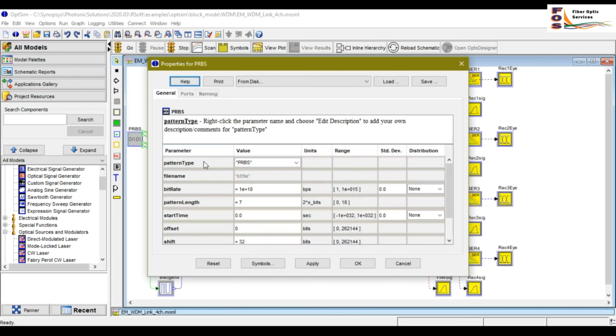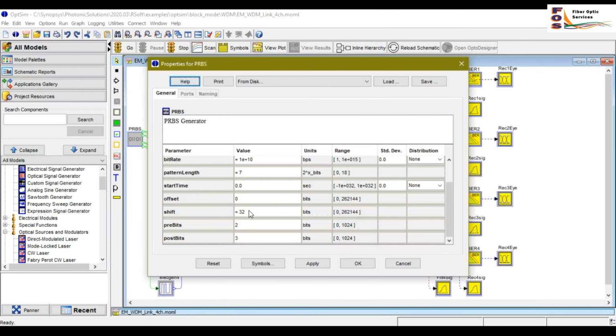If you go to the general tab, you can find that we are using a pseudo random binary sequence which is rotated between each of the output ports using a specified amount of decorrelation from one another, specified in the shift option. The shift parameter uses a formula which is based on the pattern length as well as the number of output ports. So this sets the decorrelation value.